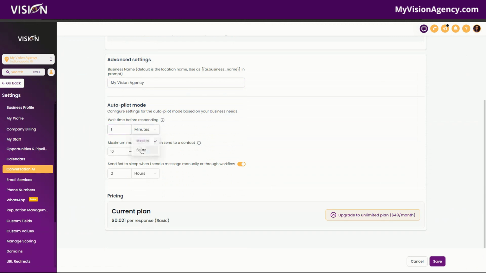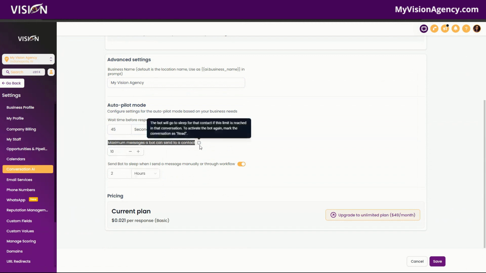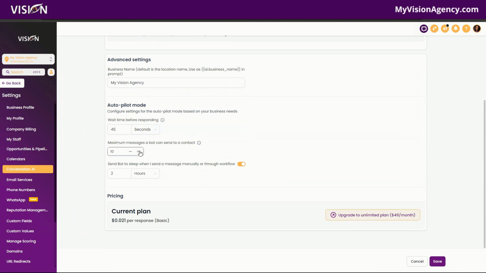You could also change even to seconds if you want to. So let's say maybe 45 seconds we want to respond. Now, also the maximum messages a bot can send to contact. You really don't want it to just go on forever, right? There needs to be really a stopping point where you're either at the end of the engagement or you have manually taken over. So maybe you want to say like, 7, 8 messages that you want the bot to be